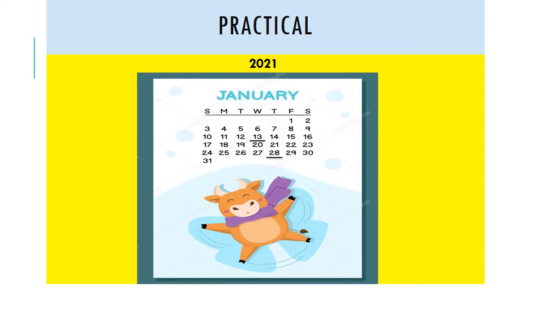Now dear students, for the practical, on the white page which is the left hand side of your maths practical file, you have to write the practical like this. You can decorate it on your own. The year is 2020, and since you already know that it is 13th of January, which is a Wednesday, with the help of this you are going to make the calendar of January 2021. We already know that there are 31 days.